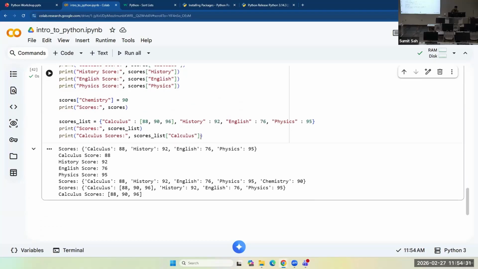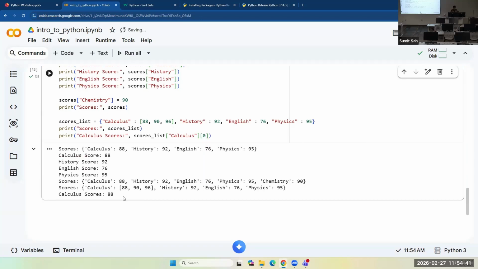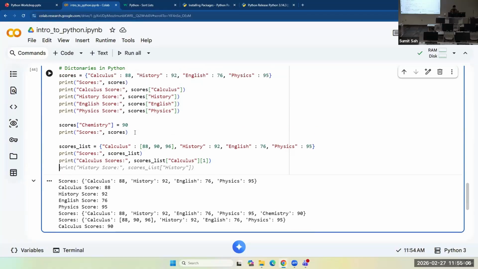You could use another set of brackets to access the elements in the list that's mapped to calculus. 0 will print out the first exam score, 1 will print out the second exam score, and so on. So you can use this kind of two-dimensional notation to access using key values and then the elements in the list.